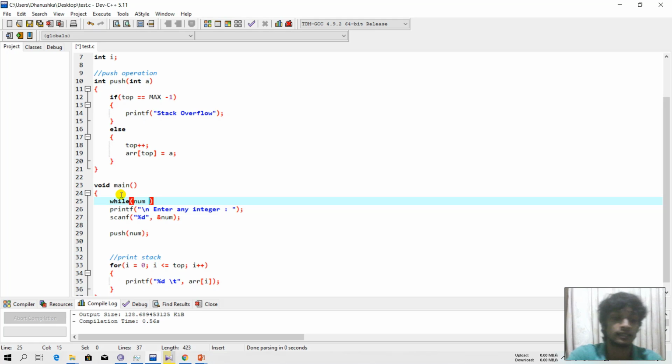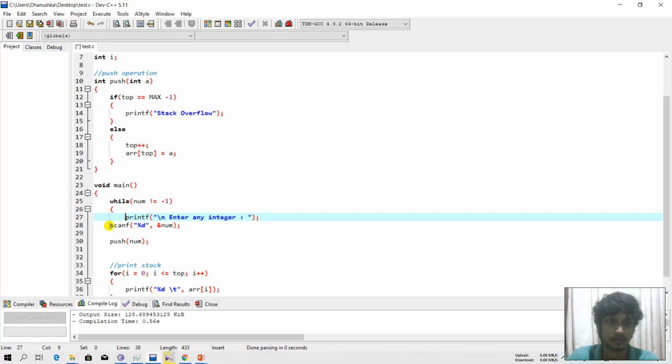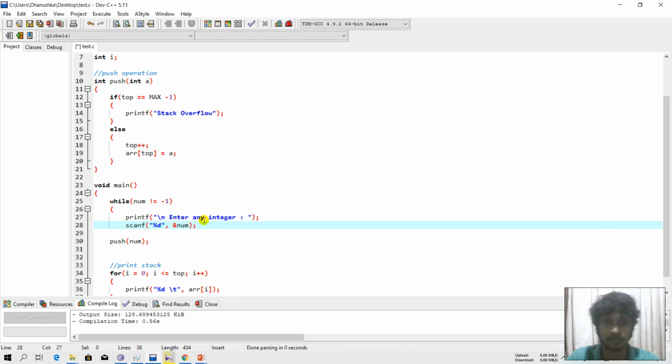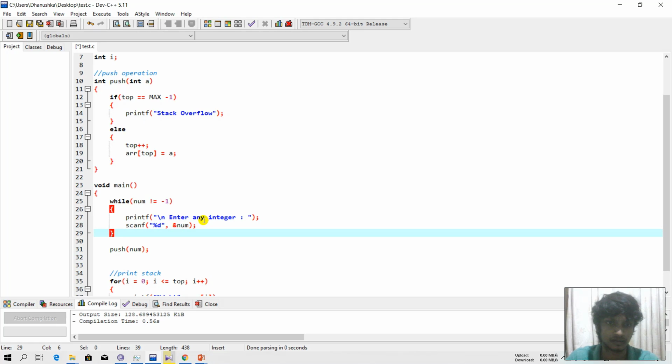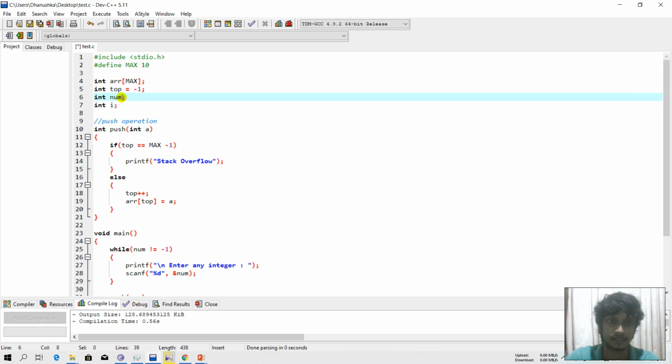Therefore I'll first check that our num is not equal to -1. If it is not equal to -1, then I can get some integer over here. I'll take my default num value as 0.